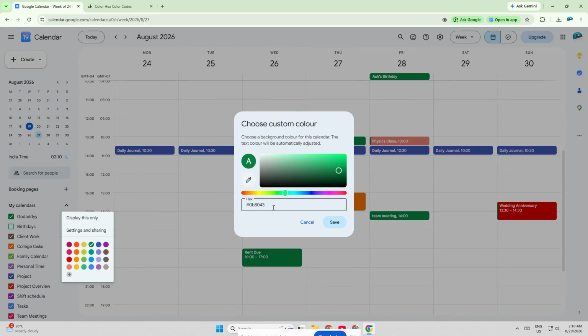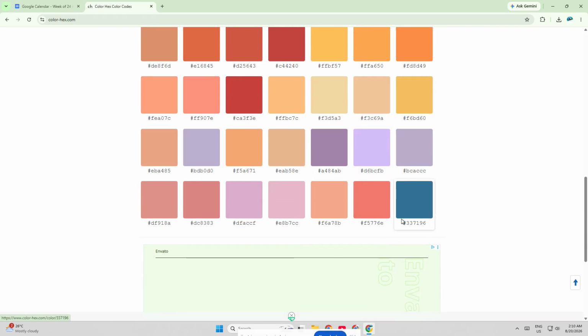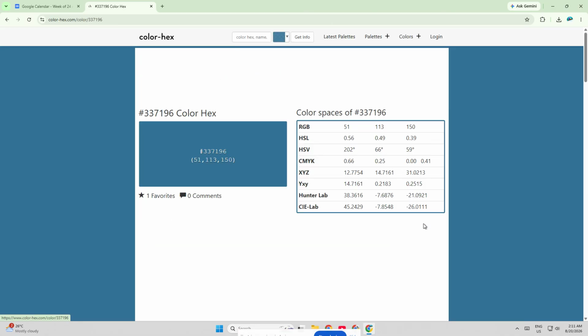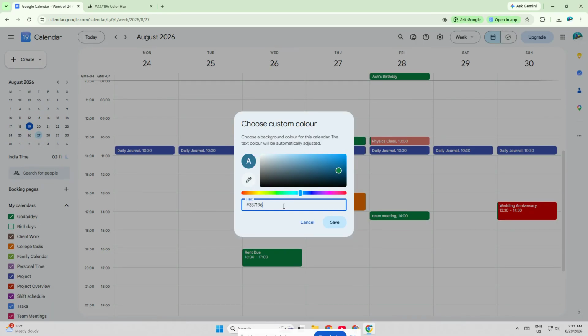This is the part that lets you go beyond the default color palette and choose a more specific shade. Now you can pick a custom color visually. Or if you already know the exact shade you want, you can enter a HEX color code. That's really useful if you want your Google Calendar to match your brand colors, your team colors, or just a cleaner personal style. Take your time here and choose a color that makes the calendar easy to identify without making